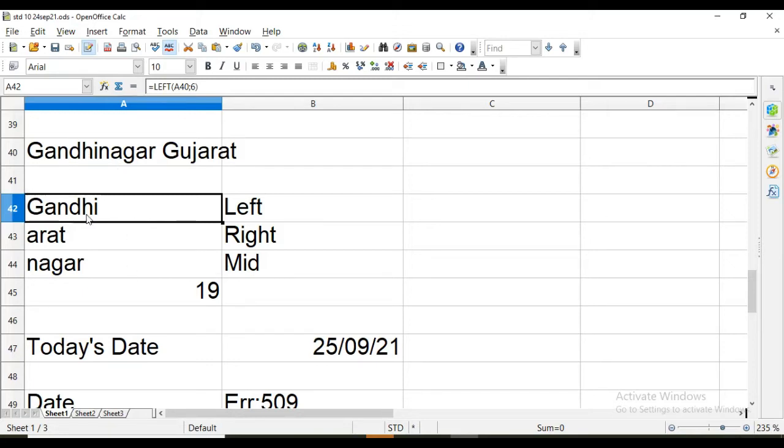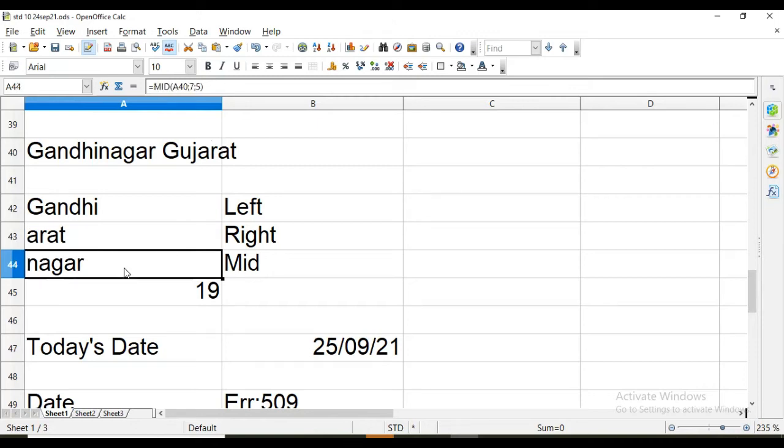So 6 we have taken, so the first 6 characters are here. This is LEFT. RIGHT function is equal to RIGHT, then the text in A40, then semicolon, and then 4 characters from the right. So we are getting RAT.